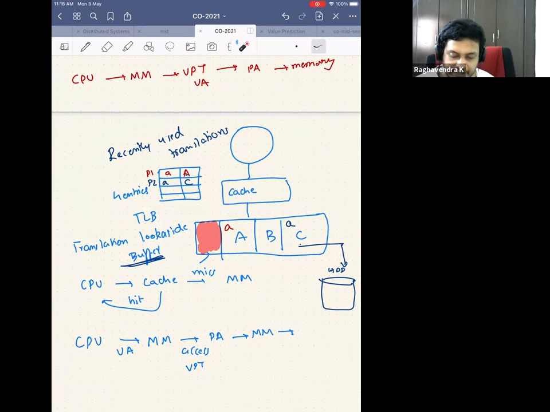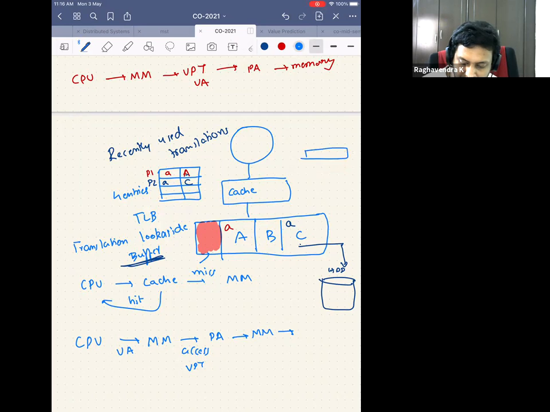Let's say there was only one entry in the TLB. Maybe I just have one entry in the TLB. Let's say my TLB has only one entry, and as of now, the TLB is holding process 1 translating to A. But the cache might be holding process 2's C, or maybe process 1 itself, some other block which belongs to capital P. It might be a hit in the cache, but I can't search in the cache, right?